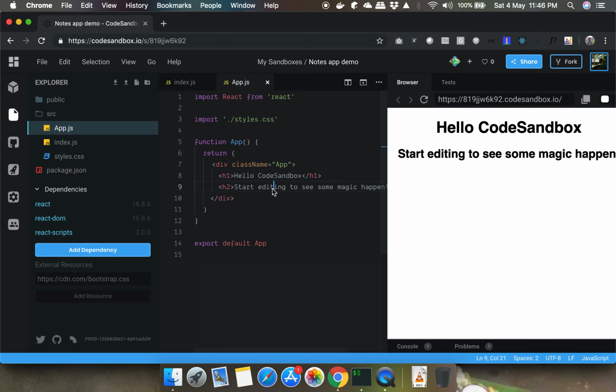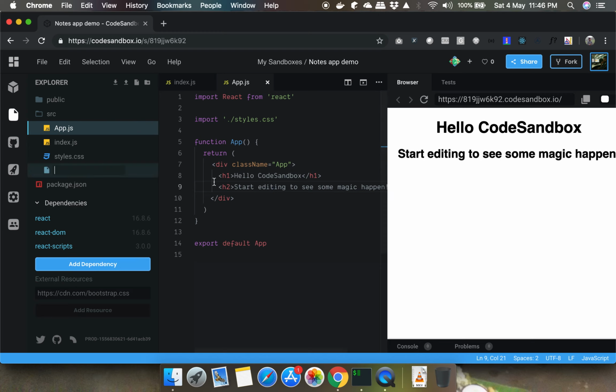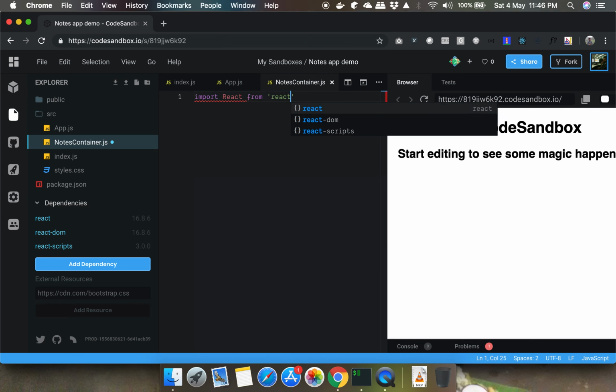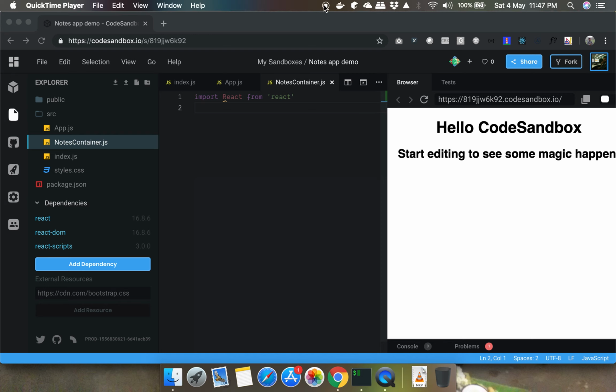I'm going to create a container which holds some markdown content. Let's do this quickly. So I'm going to create a markdown container, or I can call it a notes container.js. Obviously we have to import React, and alright,